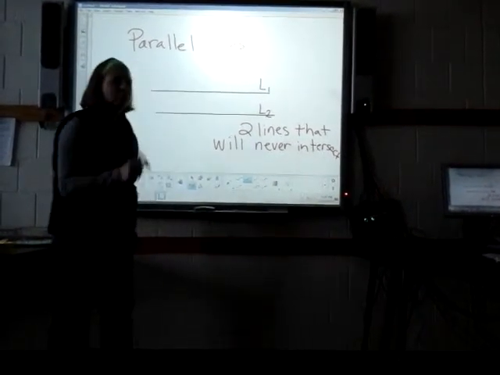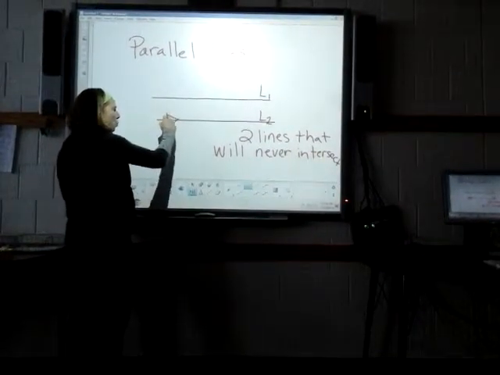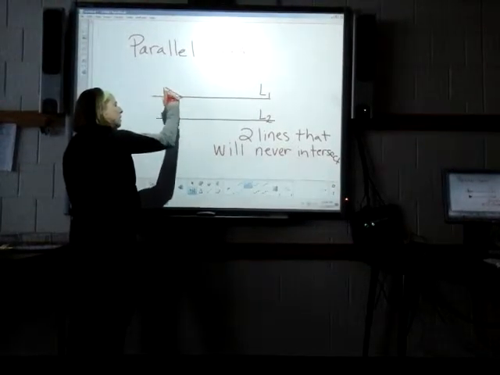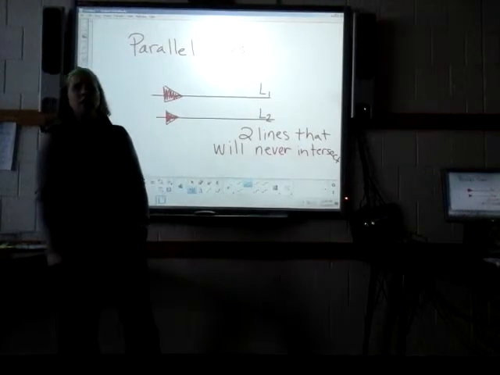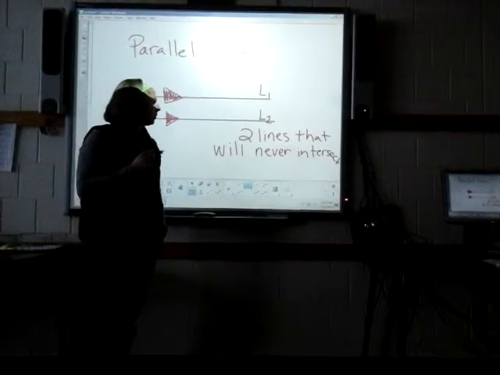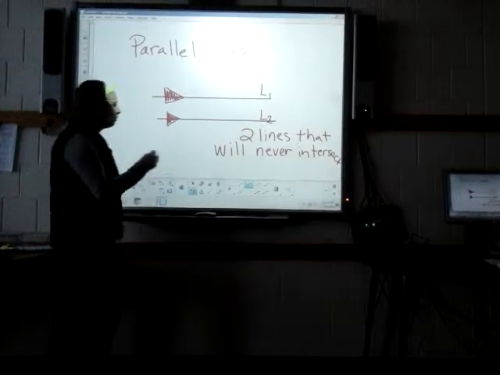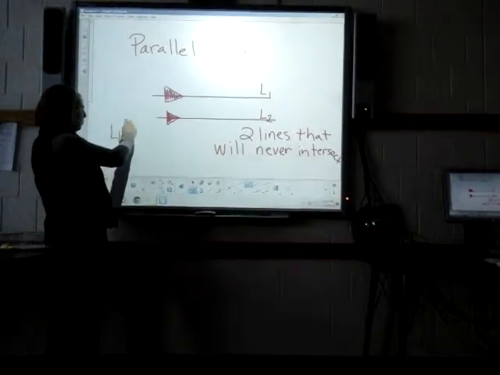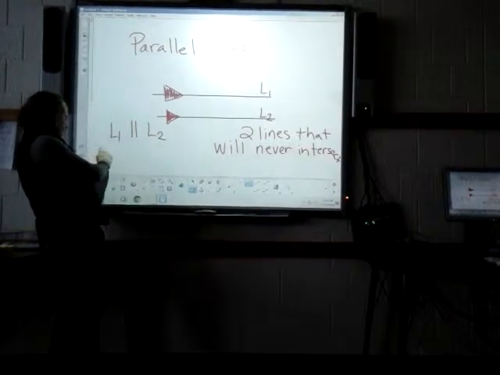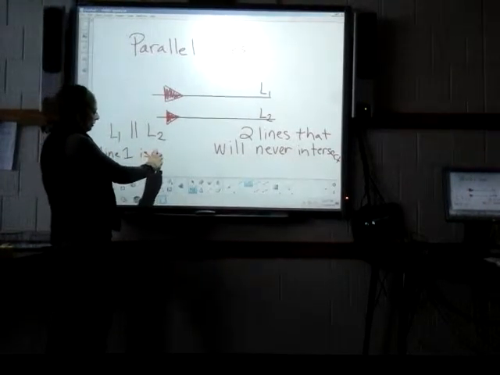The other thing you need to know about parallel lines is that it is also notated in some books with a little arrow attached to the two lines. If you see this symbol on two lines, it means that those two lines are parallel to one another. This is different from how our book is going to note them, however you need to know this. This book also writes a sentence like this: line 1 is parallel to line 2. This means line 1 is parallel